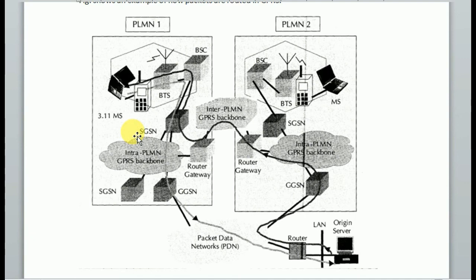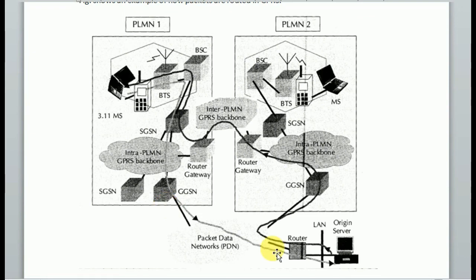So the data packets will come to this GGSN of PLMN1. The GGSN decapsulates the packets and sends them out on the IP network, where IP routing mechanisms are used to transfer the packets to the access router of the destination network. The latter delivers the IP packets to the host.